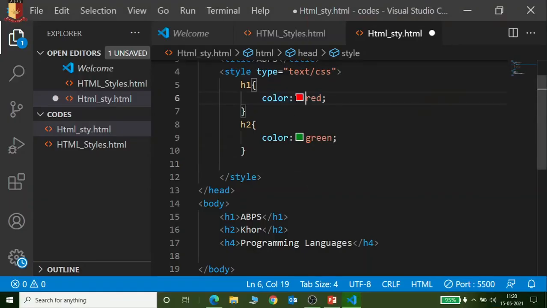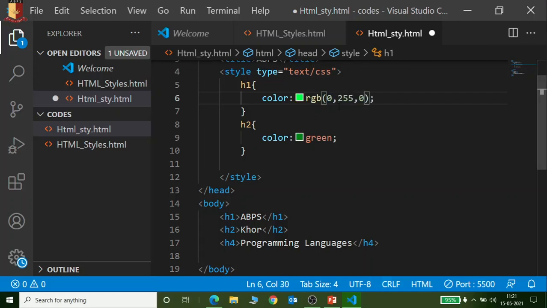Color, same page, and here what we had written directly was the color name. Now instead of that, we will use RGB. How? Type RGB, bracket open, and we have to give three different parameters, like 0 comma 255 comma 0.